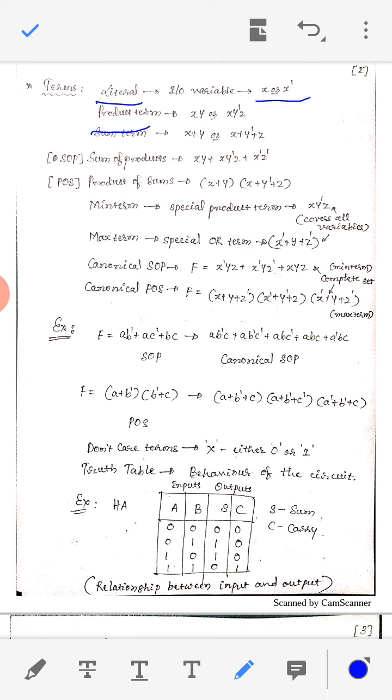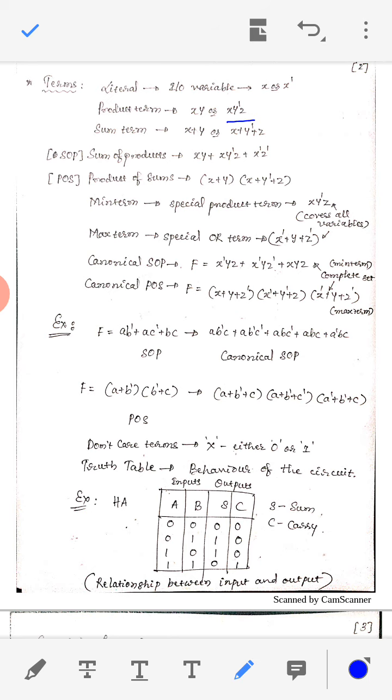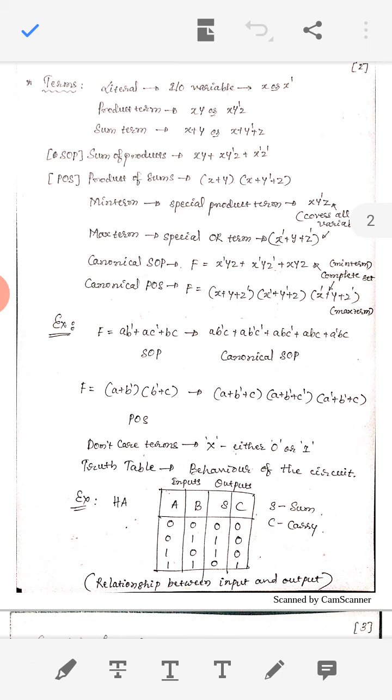Then product term. Product term in the sense, what are the variables we are seeing here, x bar, z and xy, means these are the variables. In between the variables the relation is product here, means it is nothing but x dot y bar dot z. So in between the variables there is a dot, so that we call a product. Okay, similarly sum term, means between the variables the relation is OR operation, that is x plus y, OR operation. Okay, that we call a sum term.